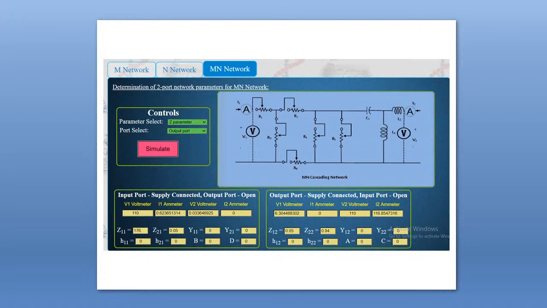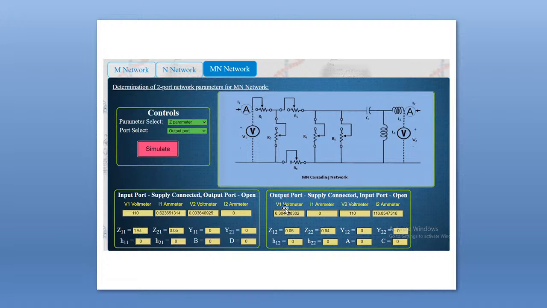Okay, Nivedita, got it. What about other students? Write your response. Okay, now you see I have changed the option to output port. Now it is output port, and you see the output port now, the supply voltage is connected